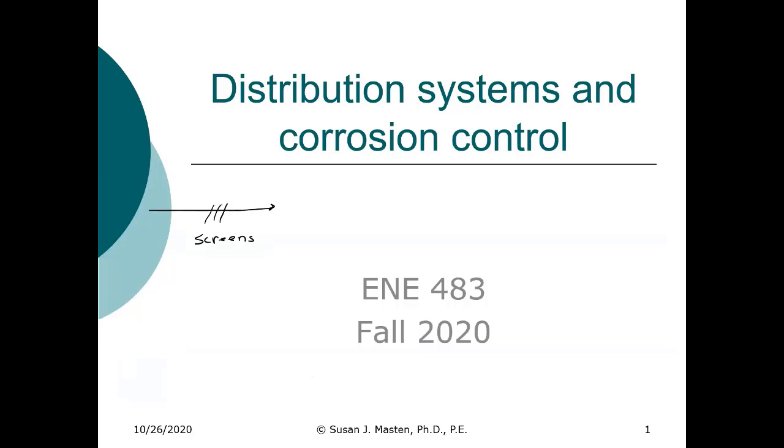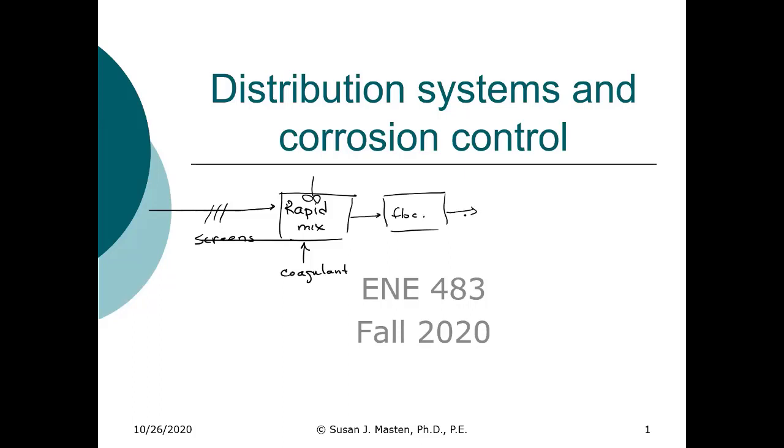Following screens, the water then flows into what unit? What's the next unit that is most likely to be present in the water treatment system? We have a rapid mix basin. We add the coagulant here. So then we go into flocculation. After flocculation, we have sedimentation. After sedimentation, filtration,